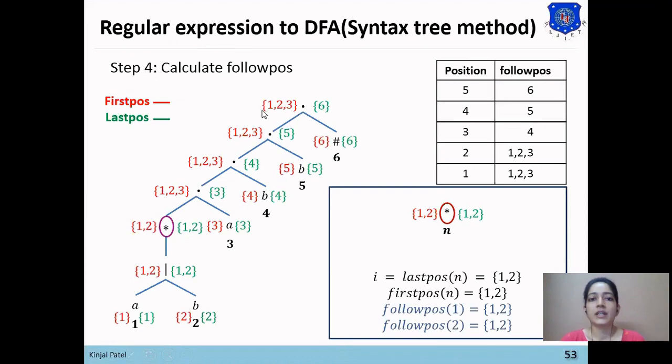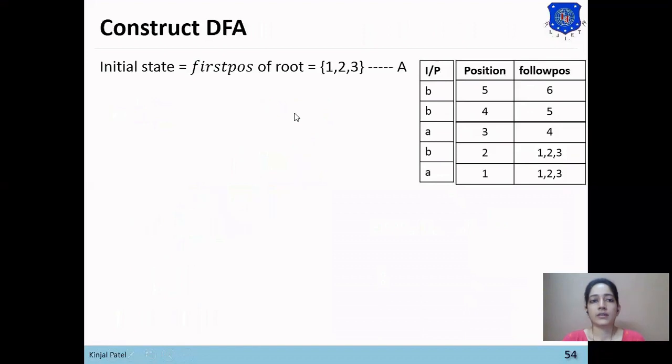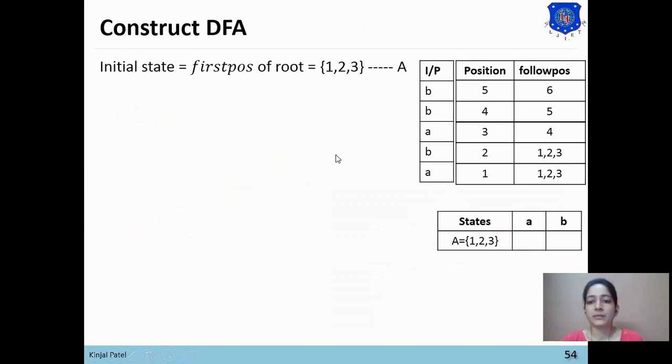Here you can see that the root node is a dot and it has first position 1, 2, 3. So 1, 2, 3 will be our starting state, which is A. Now the state transition table.